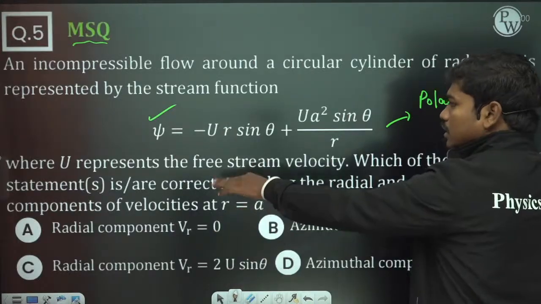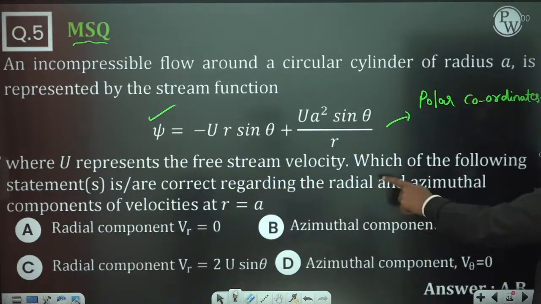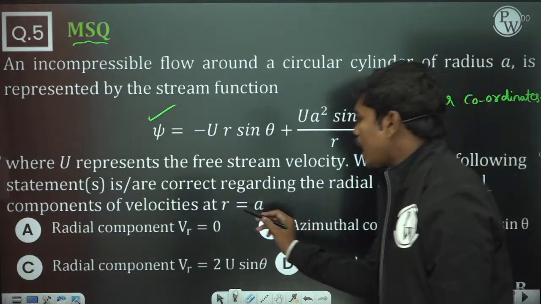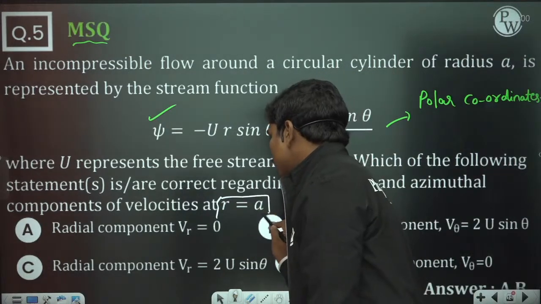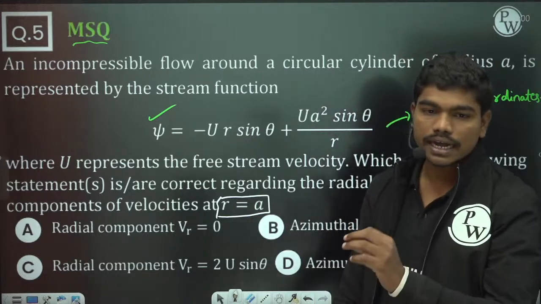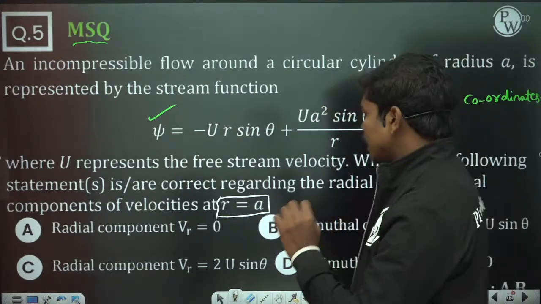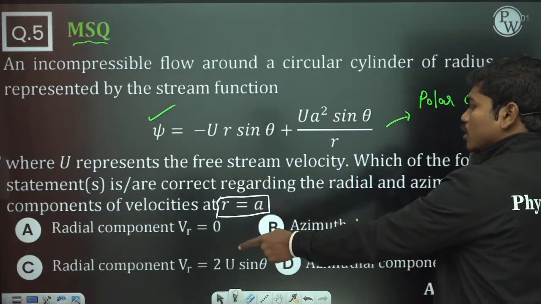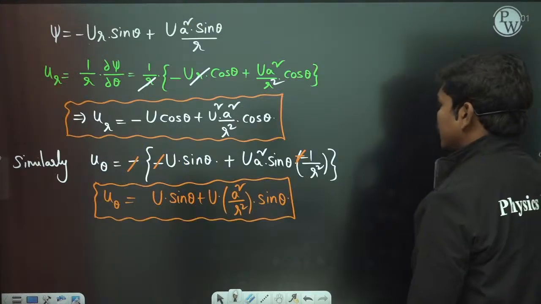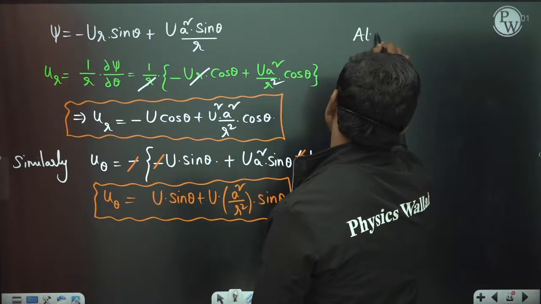So let us read the question. Which of the following statements regarding the radial and azimuthal velocities at r is equal to a, means at this point on the surface of the cylinder, let us suppose at r is equal to a is correct? So at r is equal to a, what are the radial component and theta component velocities? Okay, so let us see. At r is equal to a,